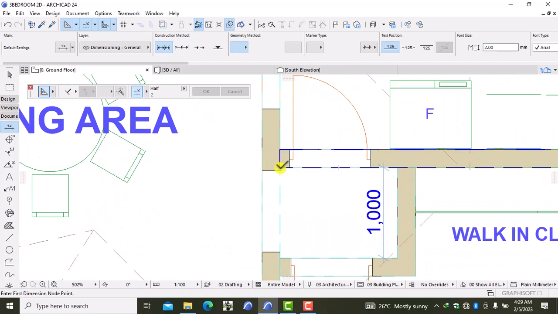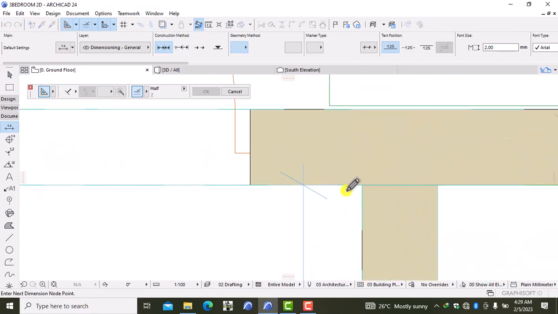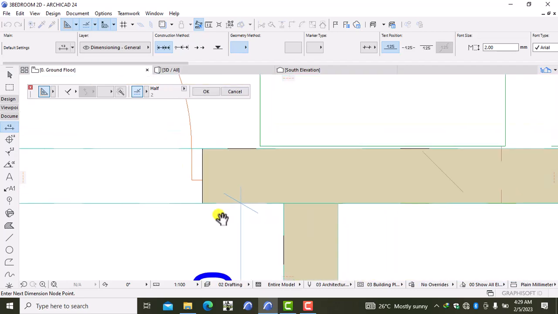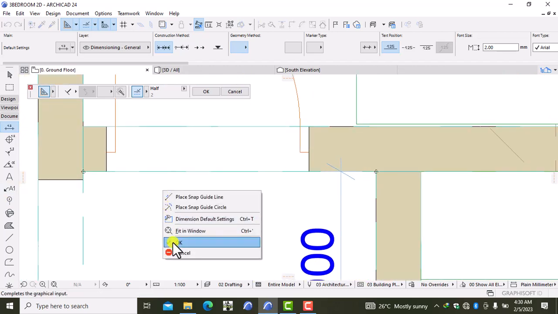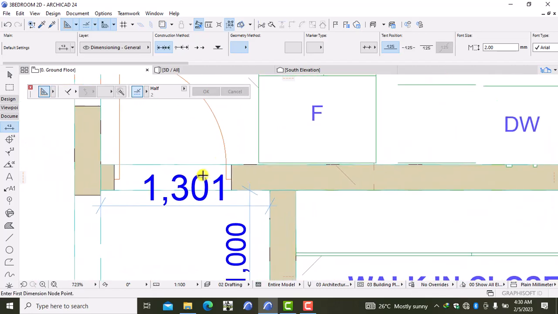So I just do this again. From this point, it should be something like 1300. You also need to be very careful when you're placing these cursors, so that you are able to quote exactly where you want your dimension to be. So this one is 1301, but you can still vary this. If I want to change this and feed it a different number,